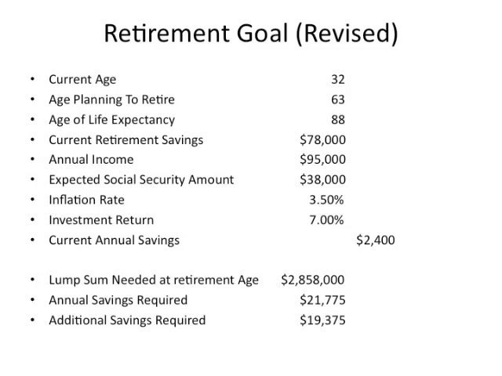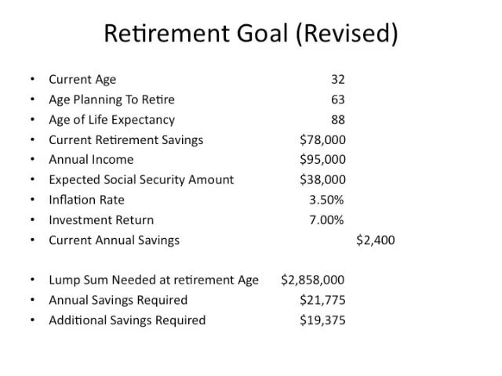If I were to change your life expectancy from 85 to 88, which would be a good thing, to live a little bit longer, and then to presume that you really wouldn't get $44,000 a year from Social Security, you'd get $38,000, and inflation would be a little bit higher than we thought at 3.5 rather than 3, and our investment return would be a little lower than we thought at 7 rather than 8. Now, granted, this is everything going in the wrong direction. Things could get better, but we're talking a little bit worst case scenario here.